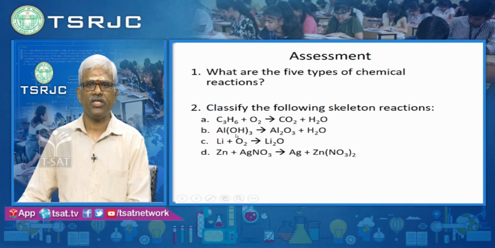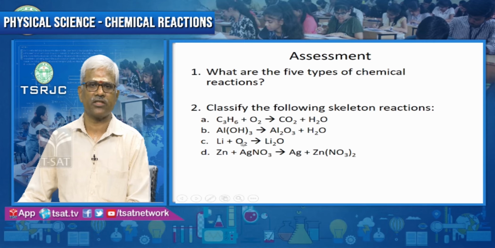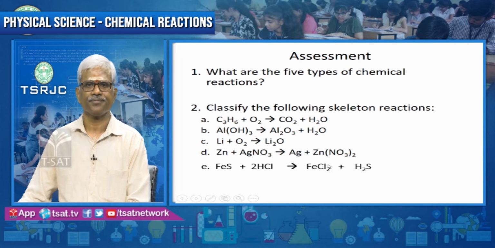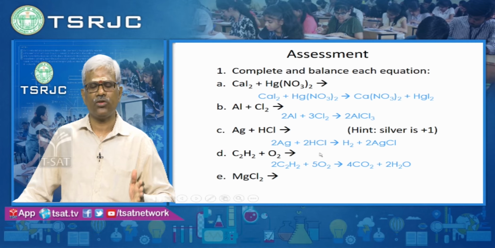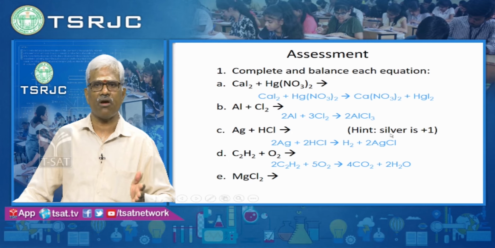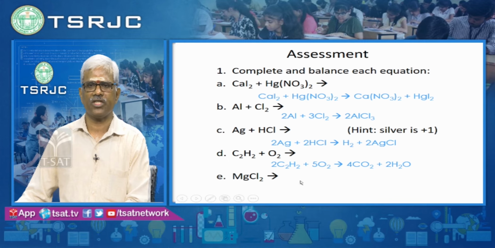Then B is dissociation reaction, decomposition reaction. Then the third one, association or synthesis reaction, combination reaction. Next one, displacement reaction. So, in the same format the answer should be matched. Another variety, double decomposition reaction. I just want to tell you how many varieties of questions can be asked based on the same chemical equation. That is why I am displaying it in different ways.